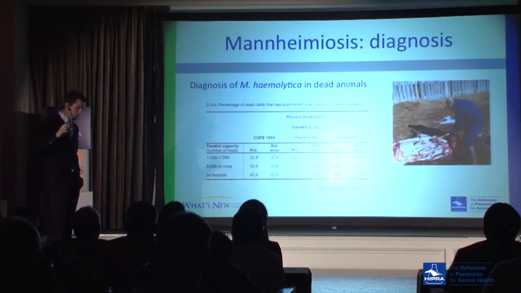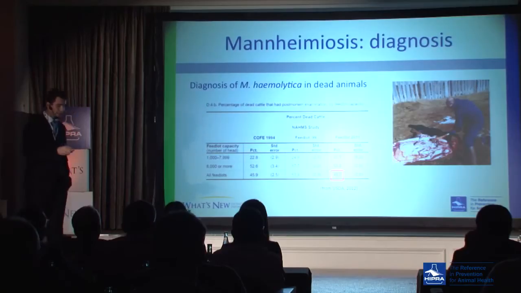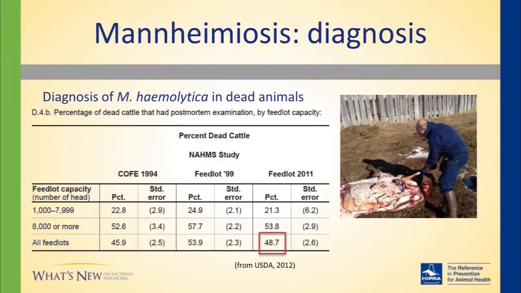Now, I would like to talk a little bit about the diagnosis. And I will start with the diagnosis of dead animals. In North America, only 48.7% of the dead animals have received a post-mortem examination. So less than 1 dead out of 2 are examined post-mortem. However,